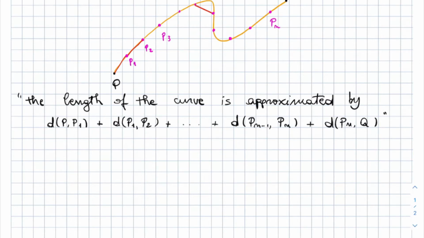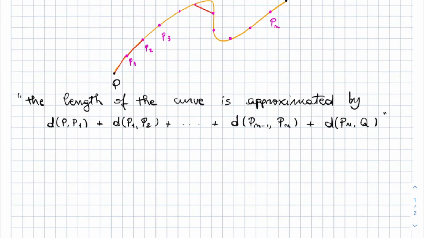We claim that this is a nice approximation, but we have to prove some properties of this approximation. For example, we would like that this number, which is the sum of these distances, becomes nearer and nearer to a fixed number, which should be the length of this curve connecting P and Q. To understand why this number approximates a fixed number,